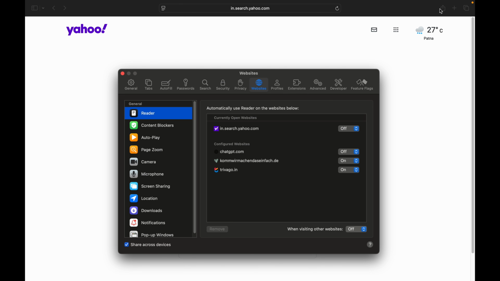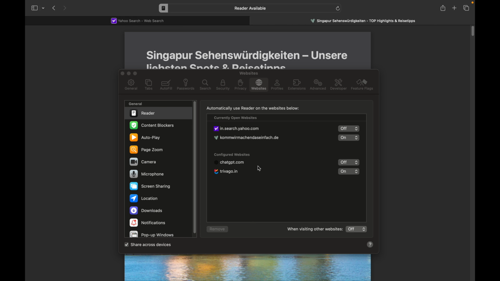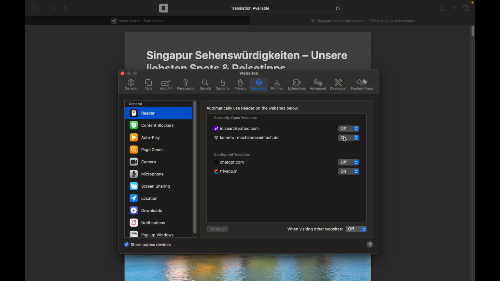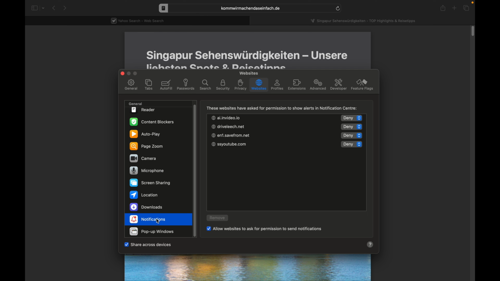You can tell Safari to automatically open a site in reader mode. So if you are tired of ads or junk layout, just flip it on for that site. Same thing with other stuff. Want to block autoplay videos? Use the autoplay selection. Want to stop a site from using your camera or mic? Block it right here. You can even control if a site can show pop-ups, share your screen or send notifications,